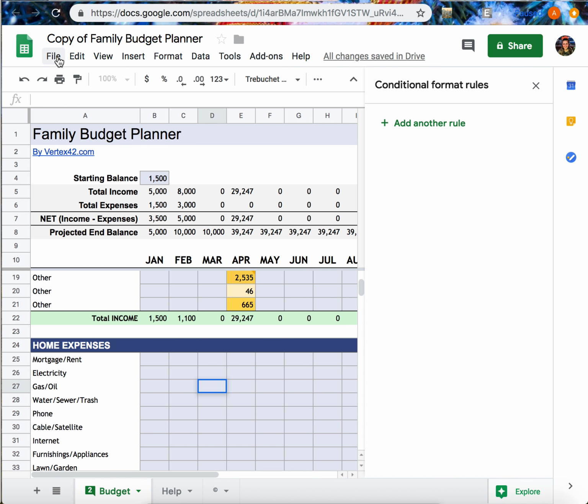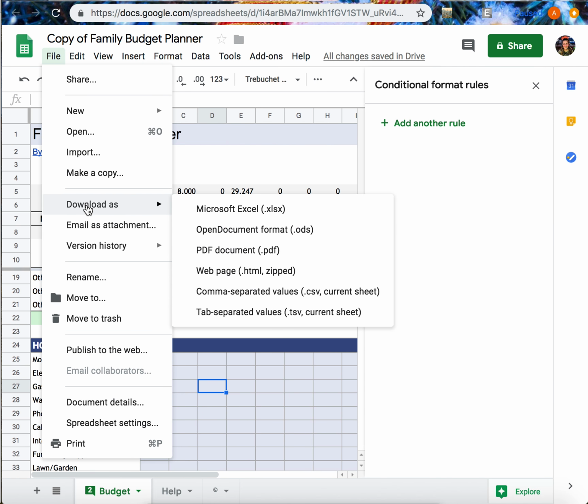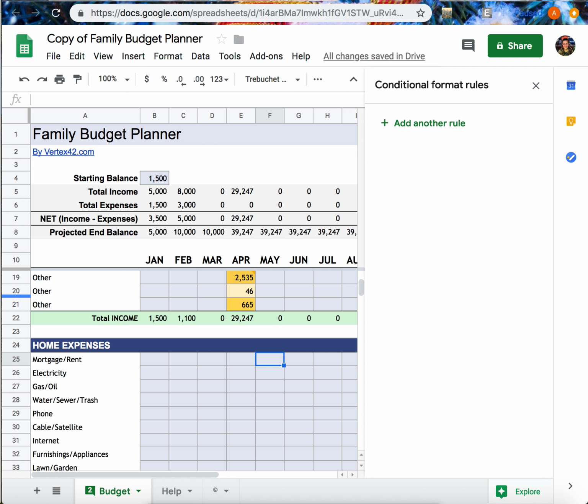Another thing is, if you wanted to work on this and you didn't have access to internet, you could download it and save it as an Excel file, that way you would be able to open it up in Excel, which doesn't require internet to be accessed. That's a good tool to know too, in case you lose internet one